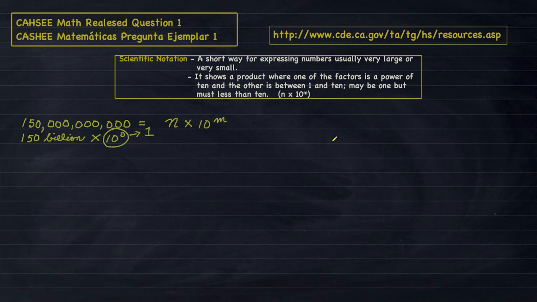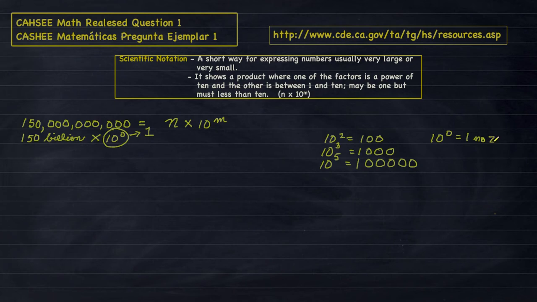How do I know that? Well, that's because a power of 10 to some power, like 10 to the 5th power, is really just a 1 followed by 5 zeros. So the exponent of the power tells me how many zeros I have. This one tells me that I have 5 zeros. 10 to the 3rd power would simply be a 1 followed by 3 zeros. And 10 to the 2nd power is a 1 followed by 2 zeros. So what do you think 10 to the 0 power is? It's a 1 followed by no zeros.